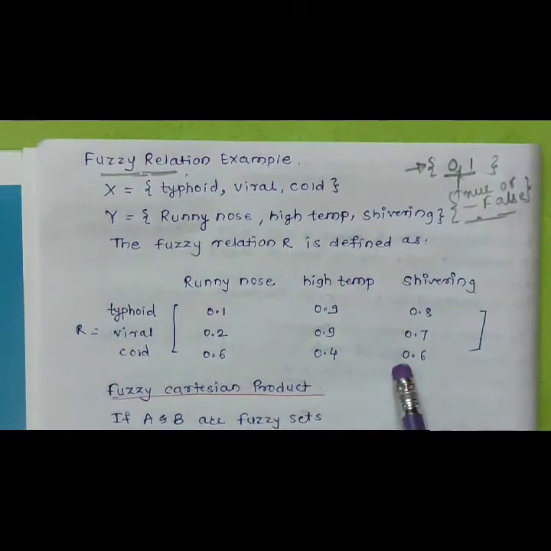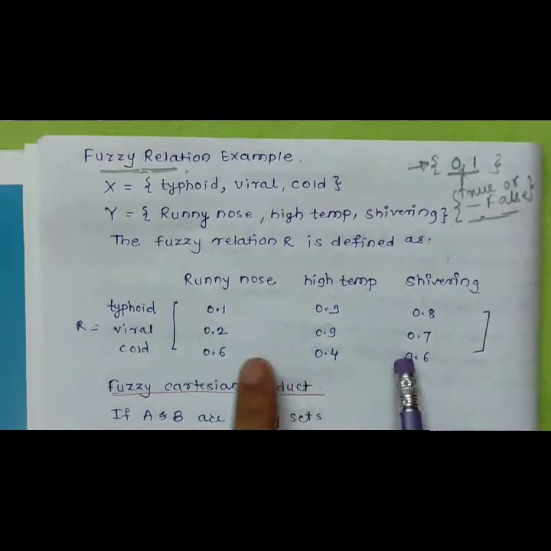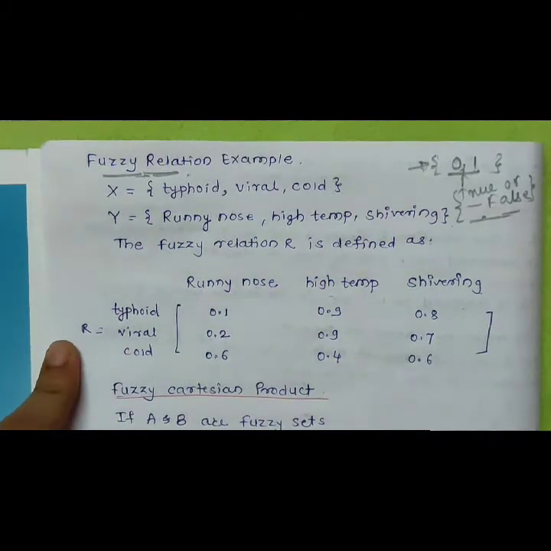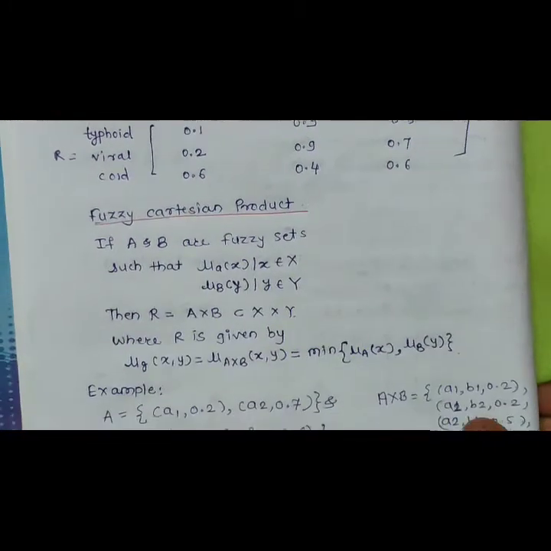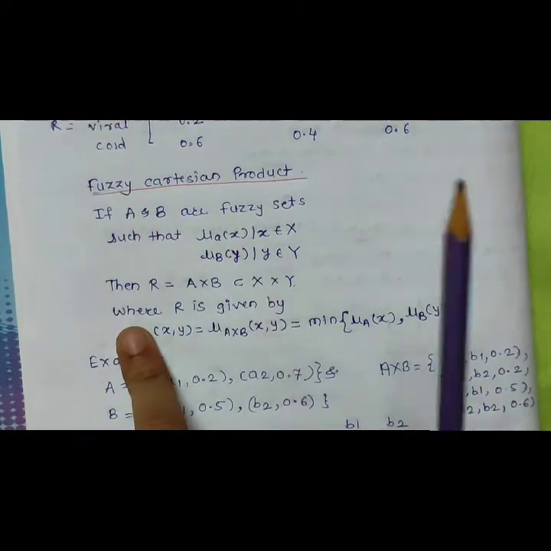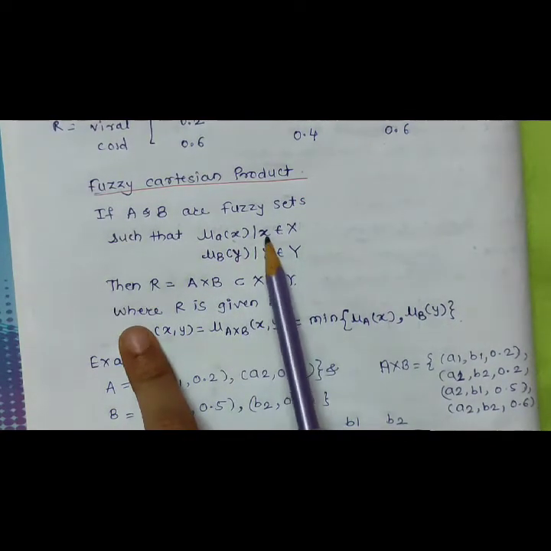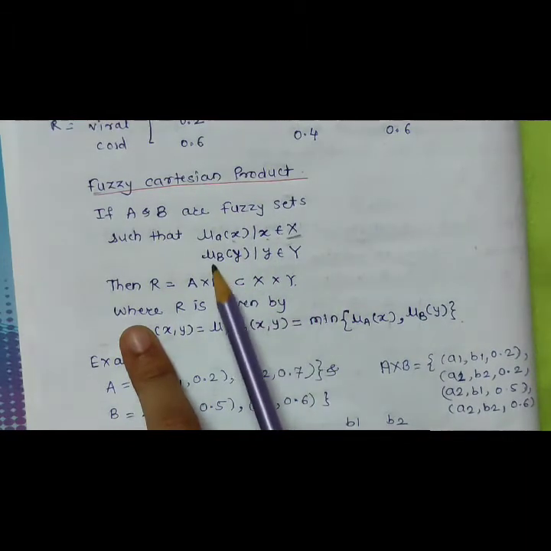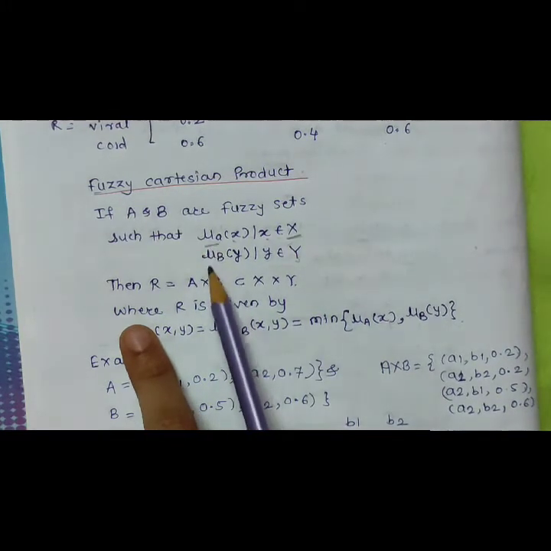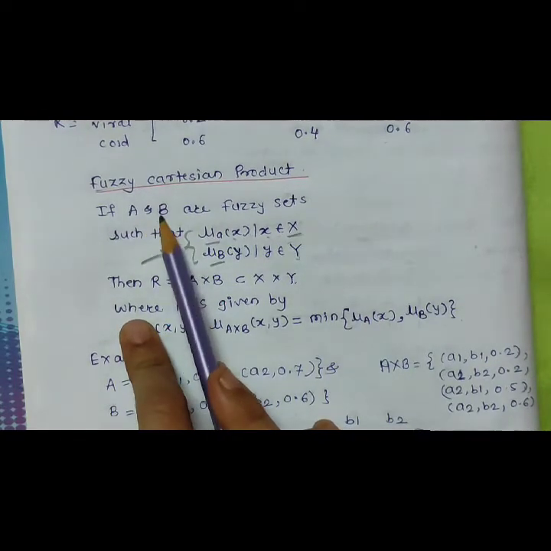So this is how the membership values are used to find out the relation. This is the fuzzy relation. Now we will discuss how to find out the fuzzy Cartesian product. Fuzzy Cartesian product: if A and B are two fuzzy sets such that mu A of x, such that x belongs to capital X, and mu B of y, such that y belongs to capital Y, where mu A and mu B are the membership functions of sets A and B,